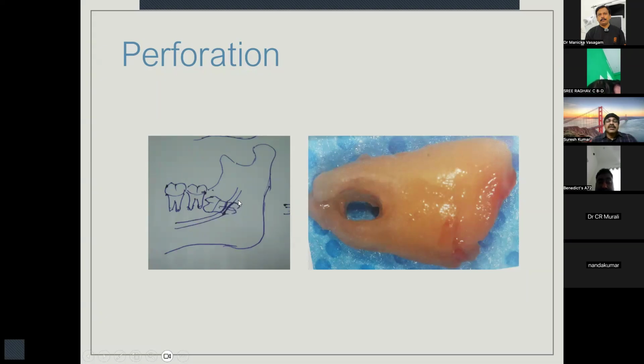So these situations can be assessed in the X-ray by something called an hourglass appearance. It's called hourglass because you have parallel lines which are intact here, parallel lines which are intact here, but here there is a narrowing where it is perforating the tooth. So it's called an hourglass shape. Very difficult to pick up from the X-rays, but it's a very difficult scenario. In this situation, preserving the nerve is actually extremely difficult. So this kind of situation can cause paresthesia permanently in almost all the cases.